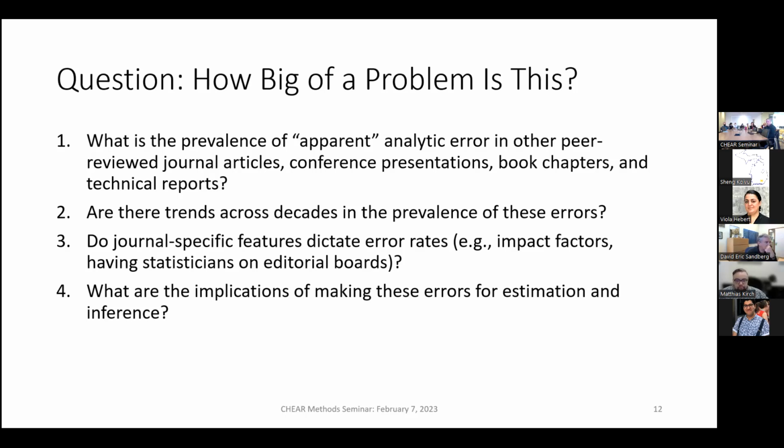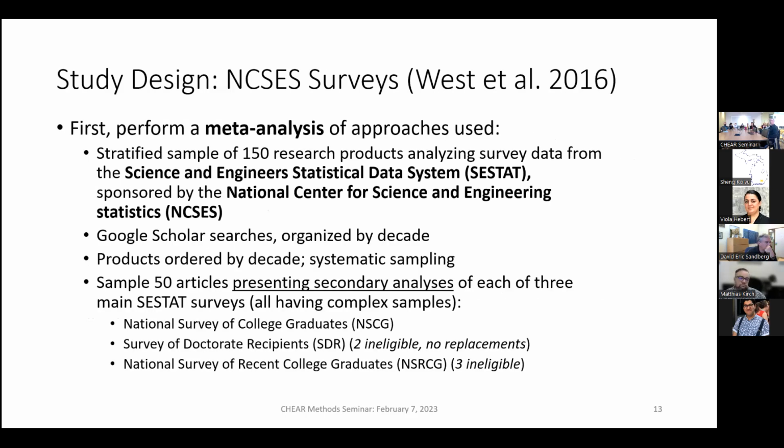So I'm just going to present some selected results from work in this area. We actually received an NSF grant back in 2015 to analyze data from the National Center for Science and Engineering Statistics. This is part of what was called the Science and Engineering Statistical Data System, basically large-scale national surveys to understand the workforce in the US and look at questions related to STEM education. So we selected a stratified sample of 150 research products. So this could have been peer-reviewed articles, conference presentations, technical reports, etc. Based on Google Scholar searches, we organized these by decade,